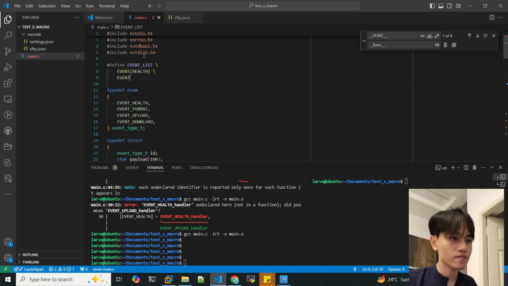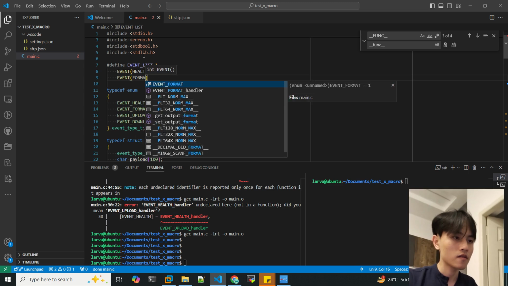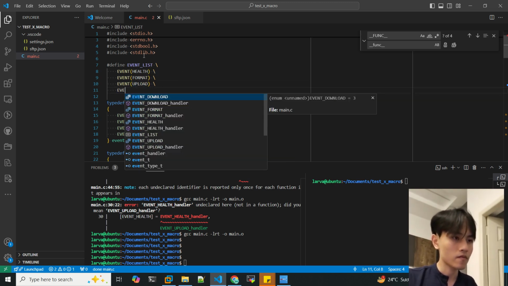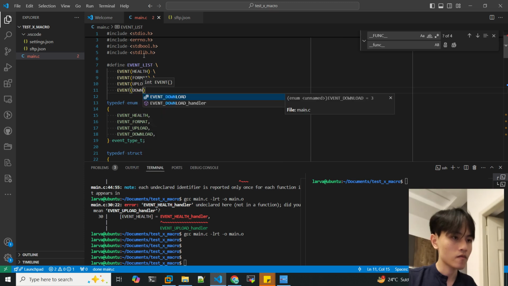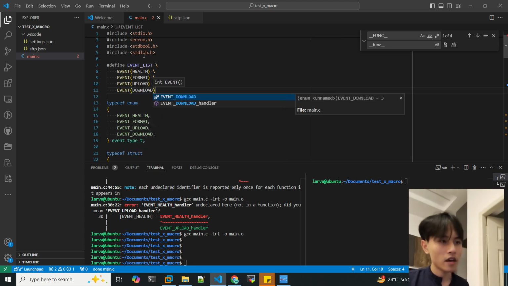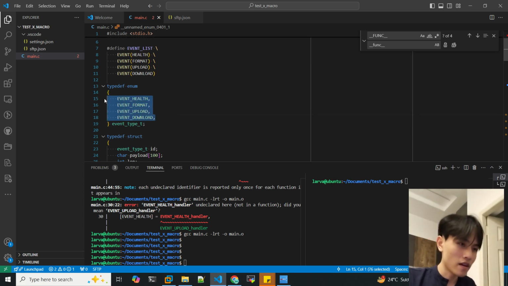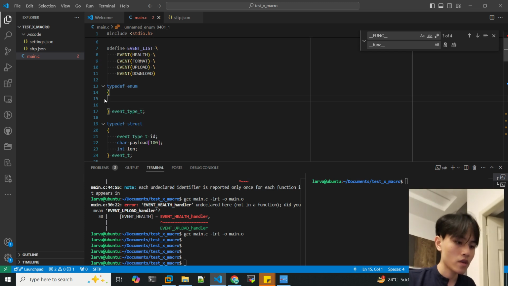And format. And upload. And now let's see how this can resolve our problem. You don't have to define it in the enum like this. We can do things like if